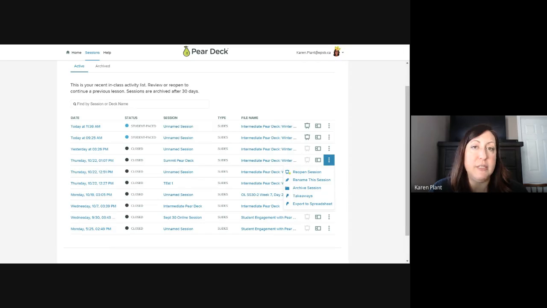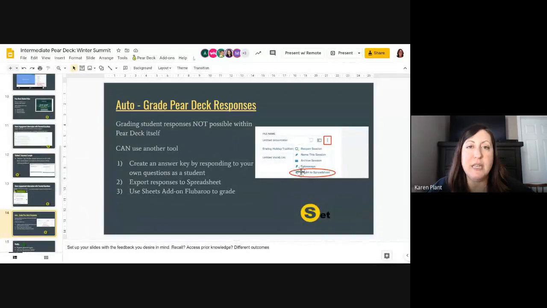So these would be text responses, multiple choice questions, as well as numerical responses. Drawing and draggable responses don't go into spreadsheets because they're not exported easily. By exporting to spreadsheet, we can keep all of the student responses in one spot, or we could even